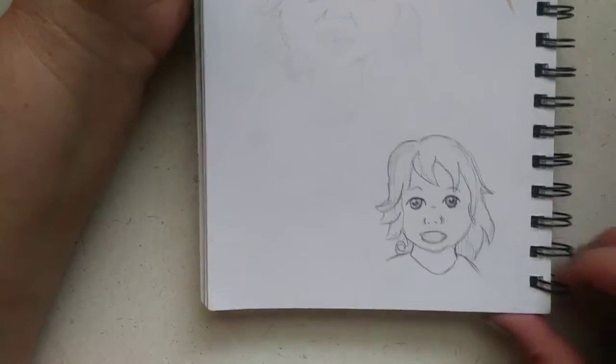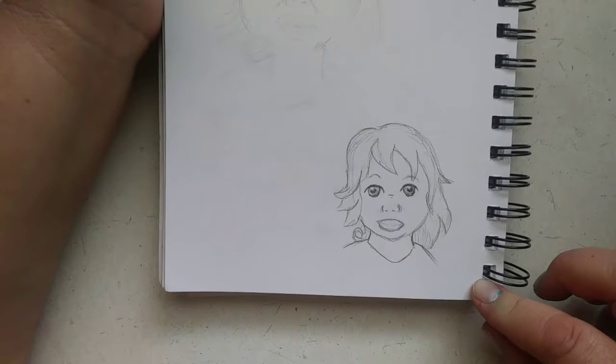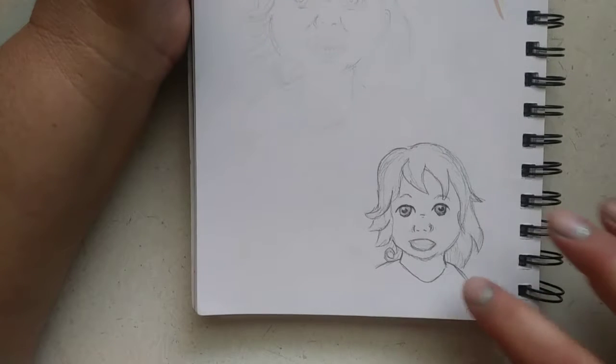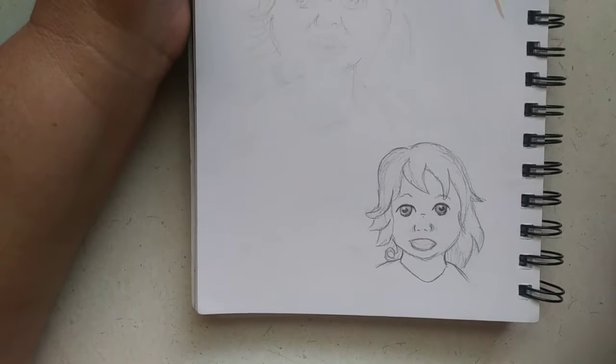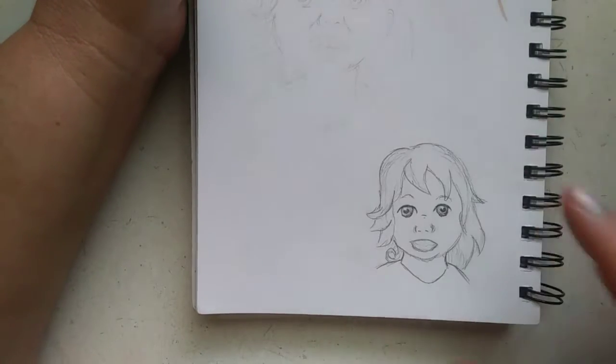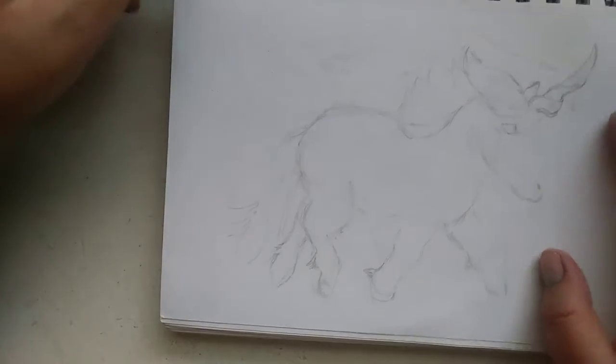I did this sketch of my niece for her birthday, and I thought this one turned out really cute, and then I attempted to make it larger and put some color in it with marker, and it was scary. And then for Junicorn,